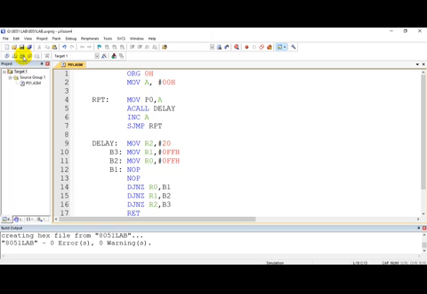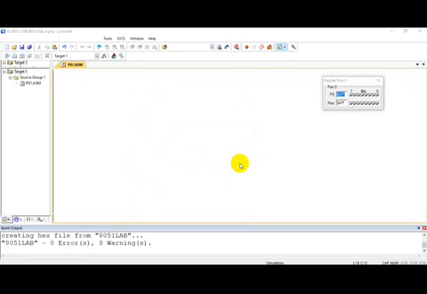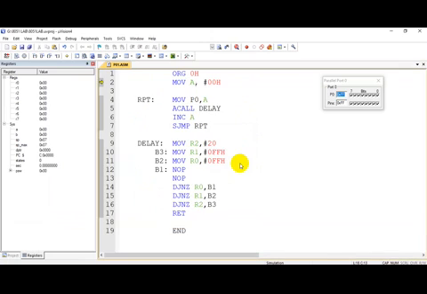Now I shall execute this. Let me debug this. Actually this program you have to run continuously. If you single step, it will take a lot of time, but for a few steps I will show you. The accumulator has been initialized with 0, and this has been moved to port 0. If I go on executing delay, it will take a lot of time.